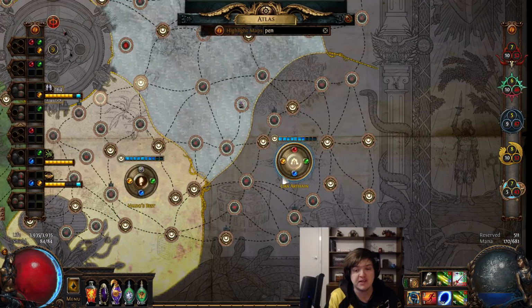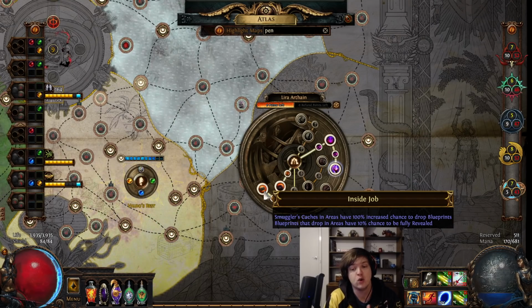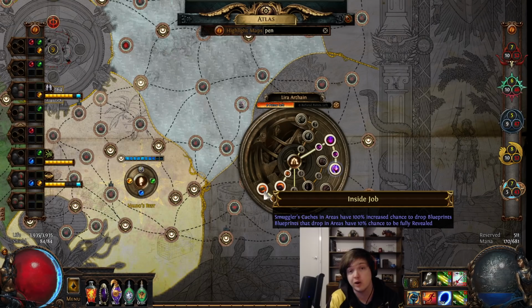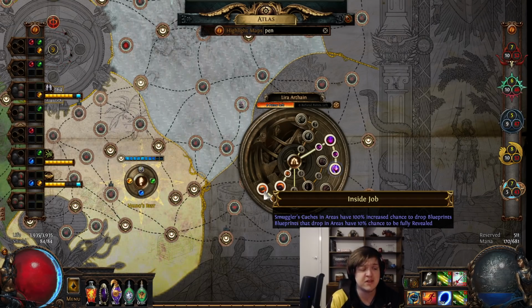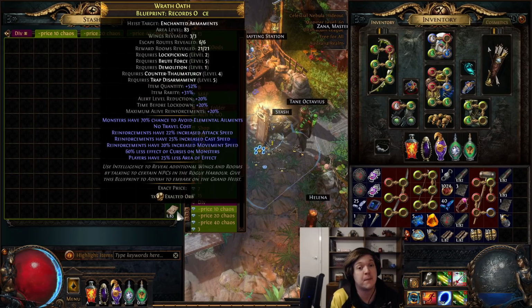And you also have a 10% chance on a blueprint drop for it to be fully revealed. And you also get 100% increased chance to drop blueprints. So you do get a lot of blueprints, a lot more than average. You have a 10% chance for them to be fully revealed. And then those fully revealed blueprints sell for a considerably higher price because it's actually like they're getting multiple blueprints